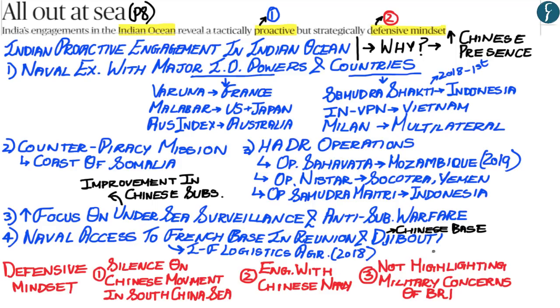However, you need to understand that with Pakistan, India really can't do much with regards to the military concerns. But with countries such as Sri Lanka and others located within the Indian Ocean region, India has made sure that any naval base built by China, such as the Hambantota port in Sri Lanka, is not used for military purposes. And this India has ensured by bilateral engagement with that particular country, such as Sri Lanka, Myanmar, and others. These are the three main examples highlighted by the author, which showcase India's defensive mindset with regards to India's engagement in the Indian Ocean.